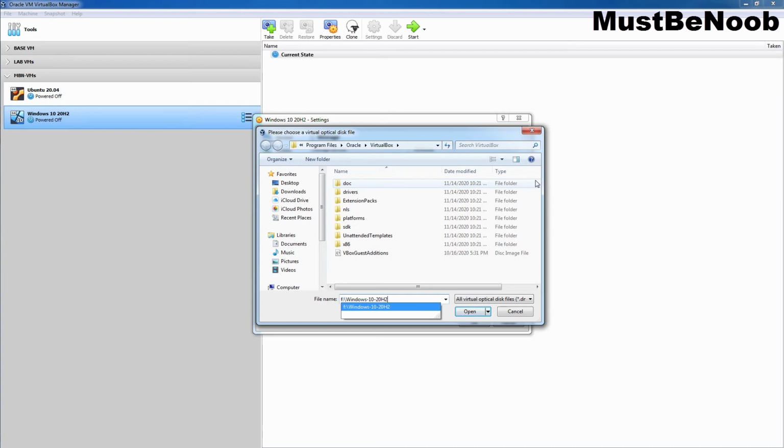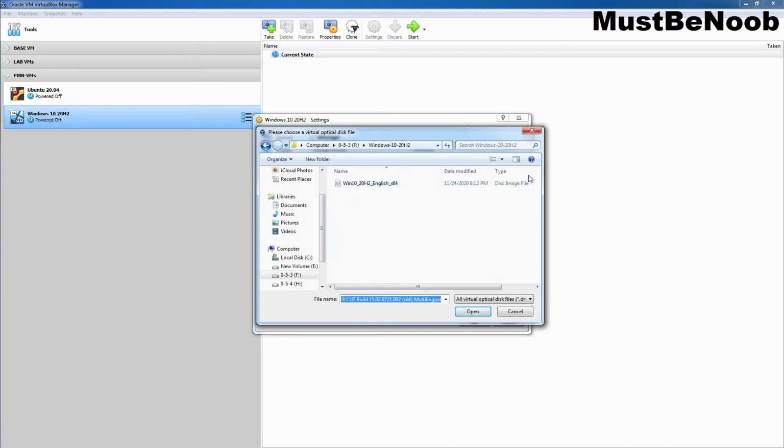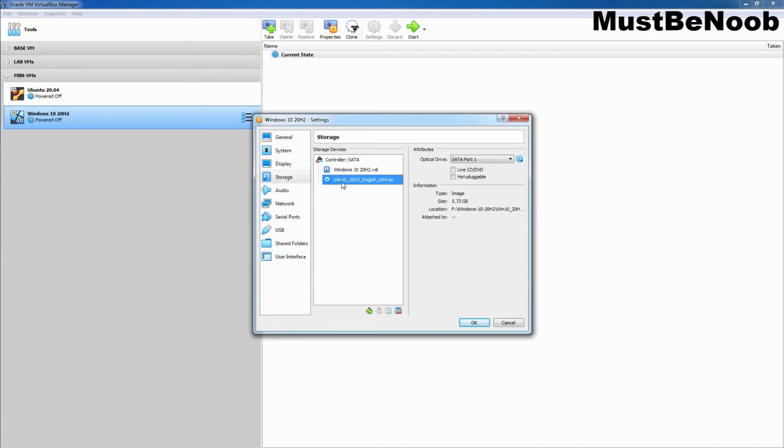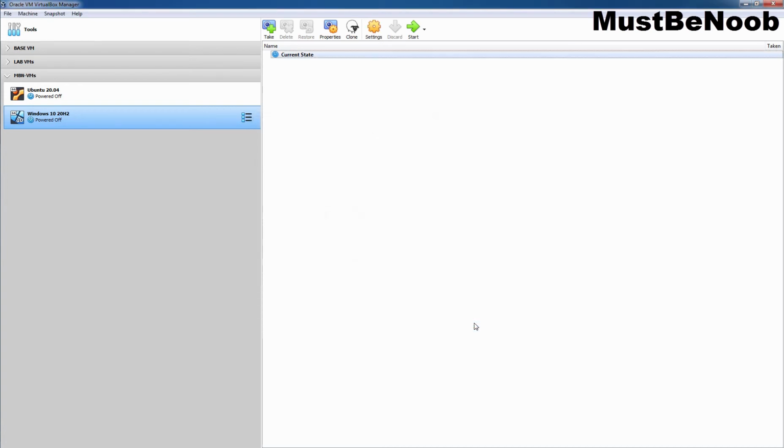In my case, I have stored it under the F drive with the folder name Windows 10 20H2. Let's select the image and click on Open. Fine, so we have successfully attached the ISO image of the Windows 10 20H2 64-bit edition. Now we need to click on OK to save the changes.